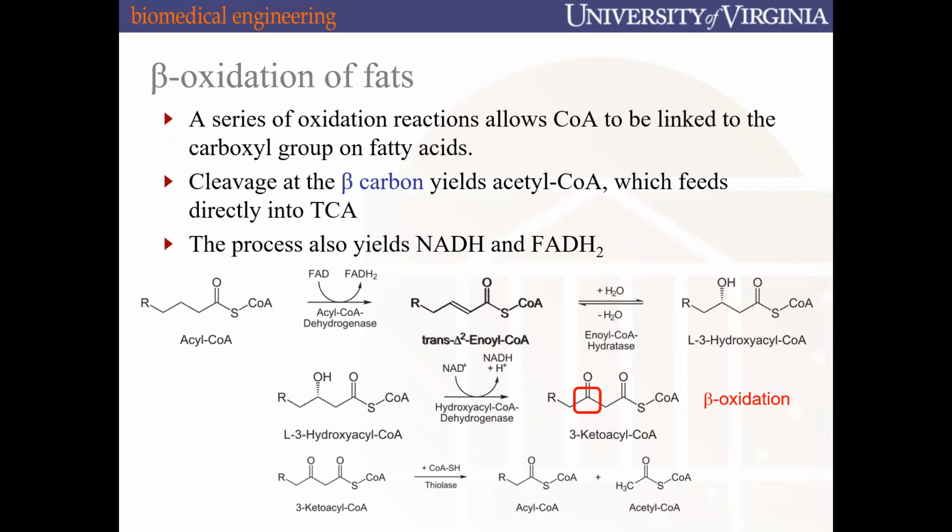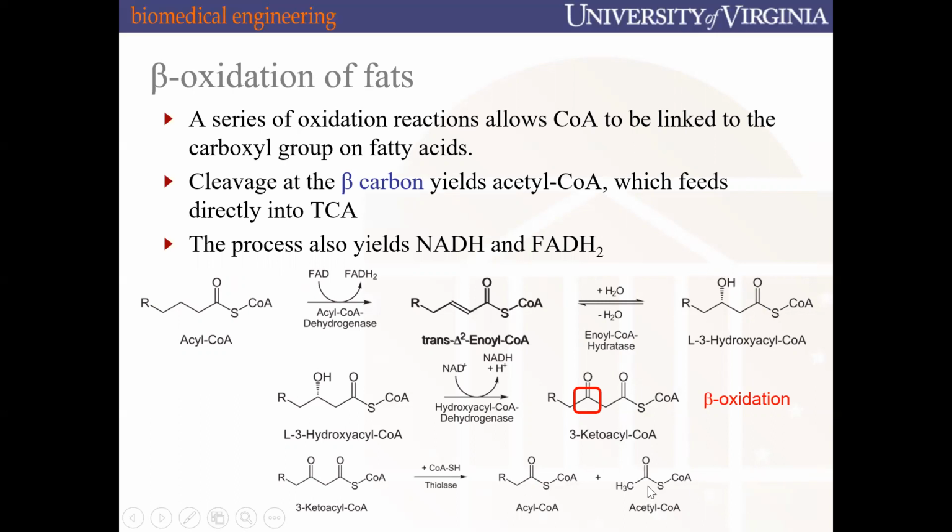So this next slide is really dedicated to talking about the breakdown of fats. To summarize, the way they do this is through beta oxidation. Beta oxidation, again, is breaking down fats. It takes long chain fatty acids and, through a sequential step process, takes away 2 carbons in each reaction, breaking down these fatty acids step by step. But what's important for us is that one of the products of beta oxidation is an acetyl